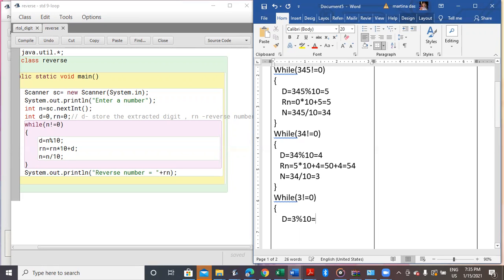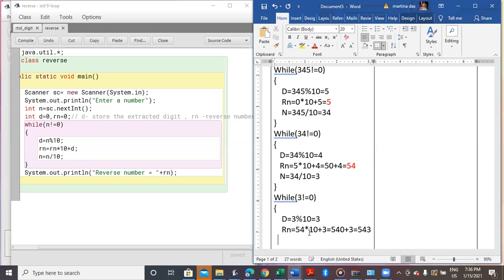So 3 modulus 10 will give you 3 also. So now the reverse number will be 54, because you can see the reverse number in the previous loop was 54. So now 54 into 10 plus d. In d, the value is 3. So it will now become 540 plus 3, giving me 543.